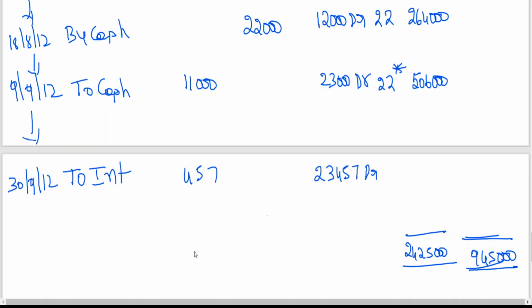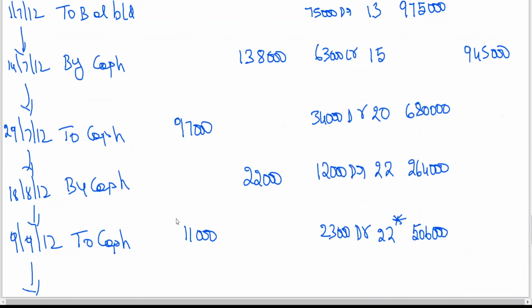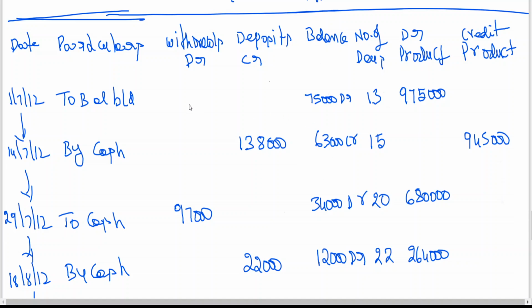Or if you want to go for totaling of it also, as I've told you, then you should write by balance, and this 75,000 also, the debit balance, you have to write. Sir, if it is a credit balance, you write on the credit side. That's it. Okay, my dear friends, I hope you all are following this.